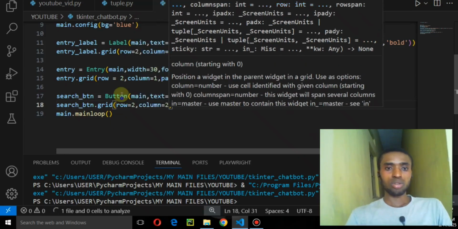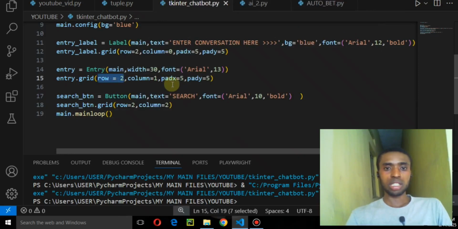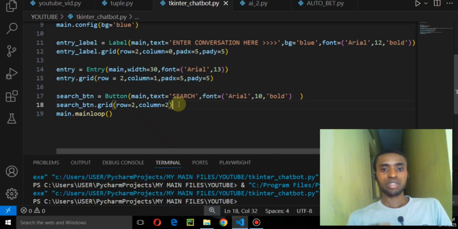This is why we set the row to be 2. We want it to be in the same row with this guy, but in the next column, since this guy is in column 0, column 1, column 2. All these things have been explained in the Tkinter series up to this point. The link will be in the description down below. So if you're interested in checking it out, make sure to check it so you understand what we're actually doing